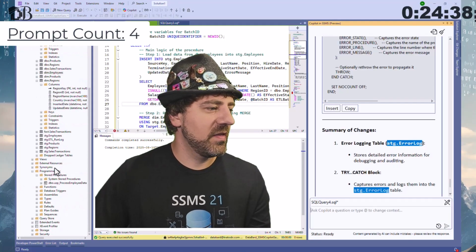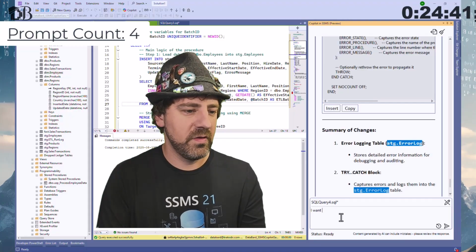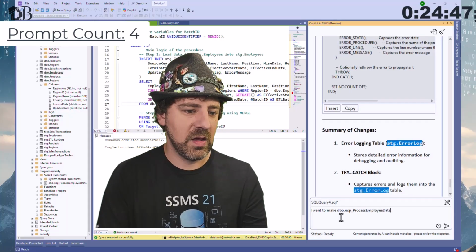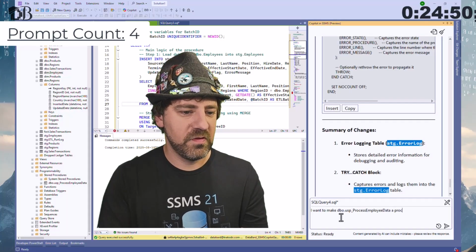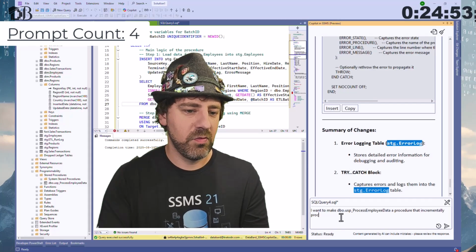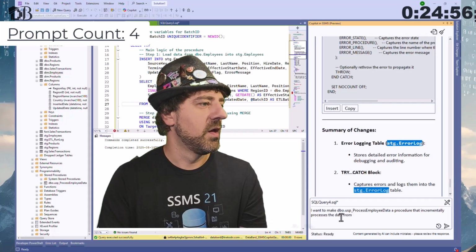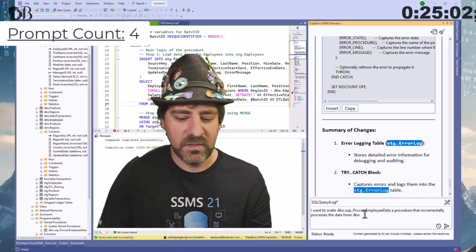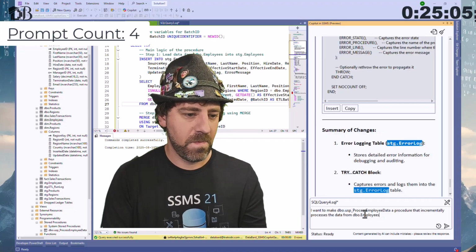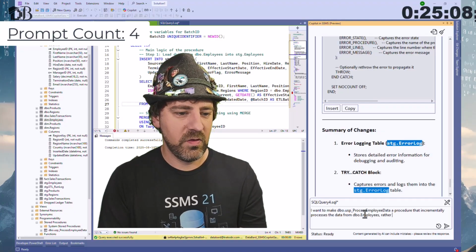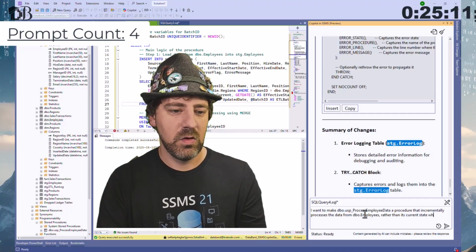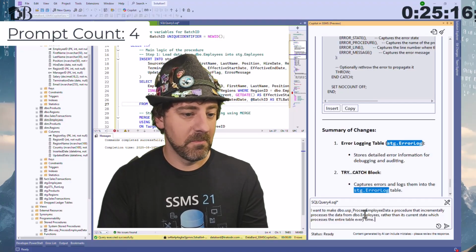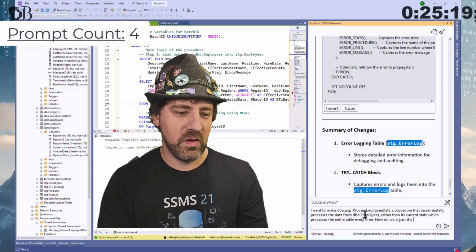So we're going to ask it directly, can we adjust the procedure? I want to make dbo.usp process employee data a procedure that incrementally processes the data from dbo. I always forget if it's plural. Employees rather than its current state, which processes the entire table every time. How do we adjust the procedure